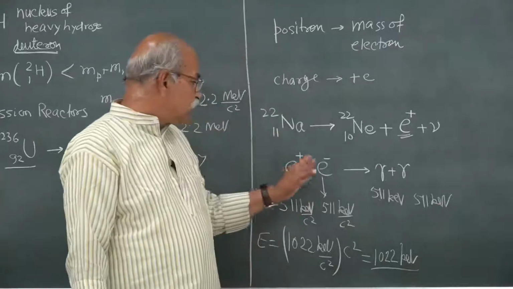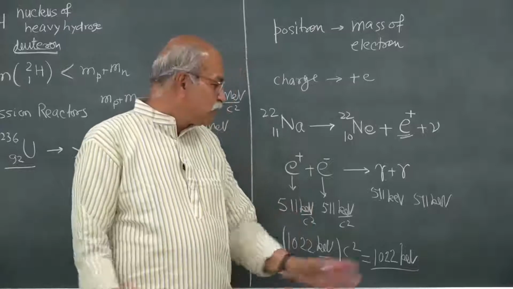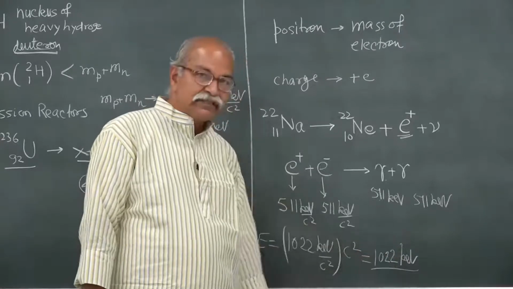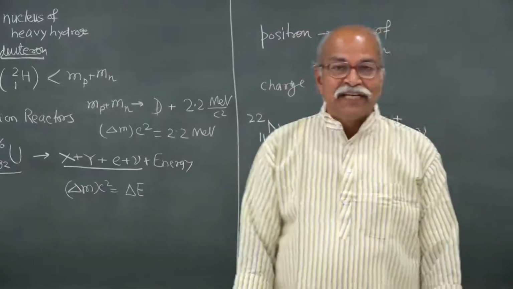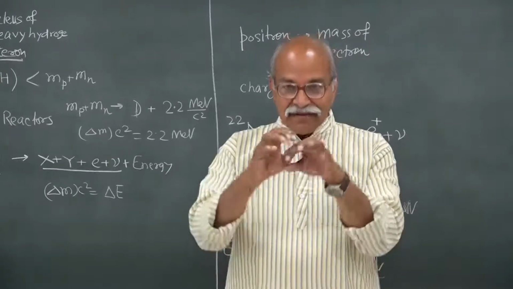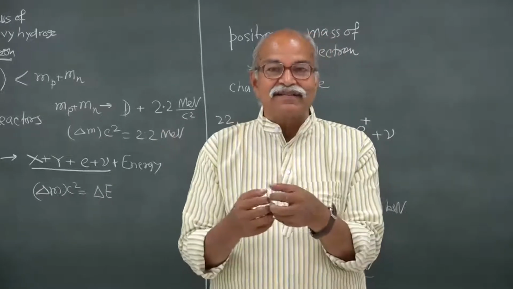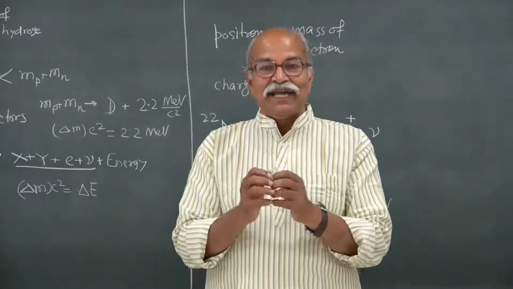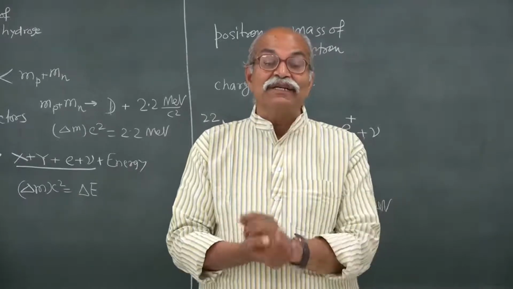If the positron and electron have some initial motion, then it is possible that there is a slight difference between this and this, but the sum will still be 1022 keV. Why 2? Because of linear momentum. If you have this electron and this positron, and they are just close to each other, not moving with any great velocity, the linear momentum is 0. Linear momentum is 0, and when they convert to energy, then the linear momentum must be conserved, it should remain